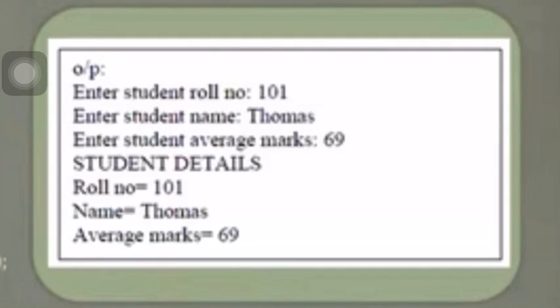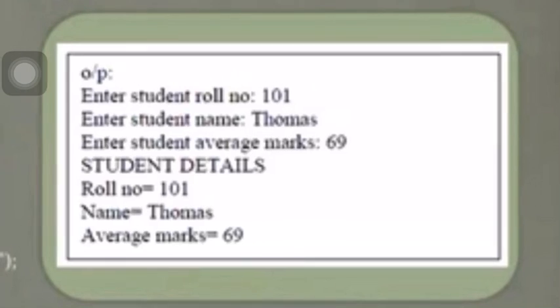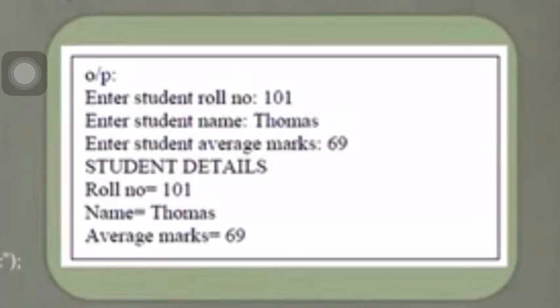Then next is the student name. Enter student name, this is using the printf statement, and Thomas is entered by the keyboard. Then average marks, that is again typed by the keyboard. Then you will be getting the output